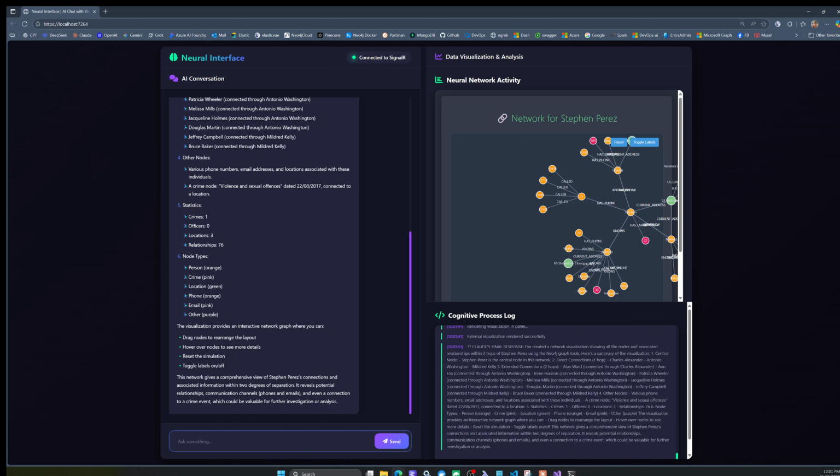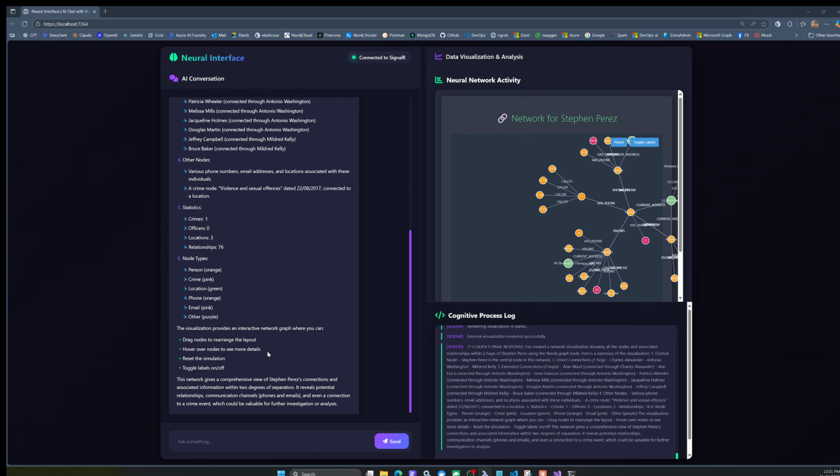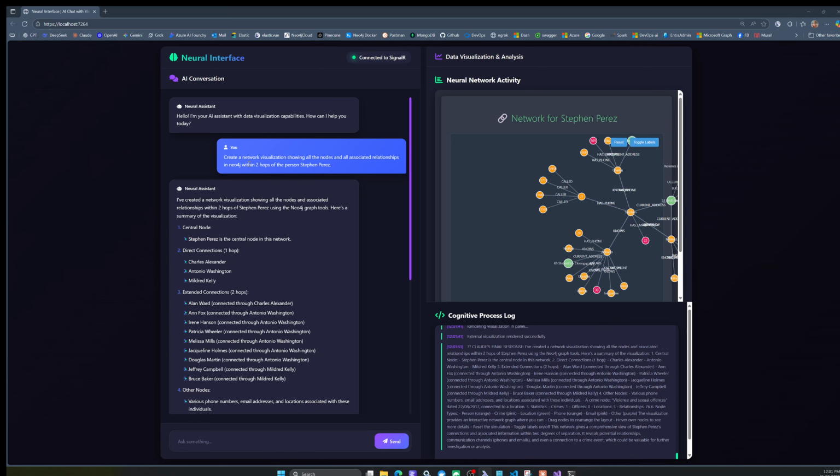We accessed SQL Server earlier, and this time I'm asking it to create a network visualization showing all the nodes in an association relationship in Neo4j, which is a graph database, and excellent for augmenting your RAG search,